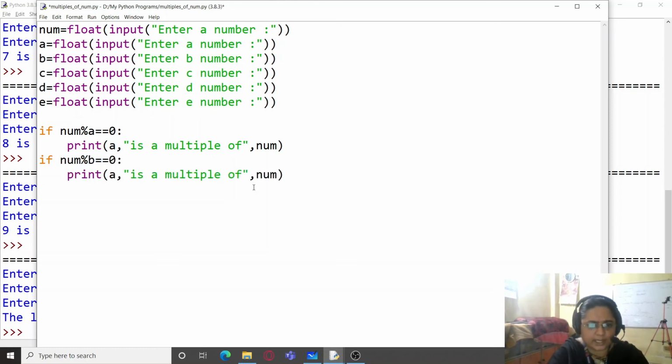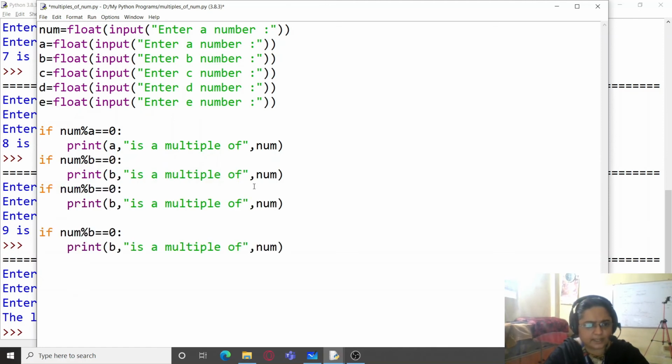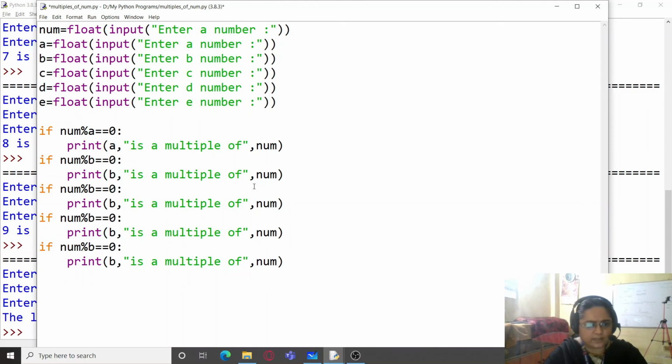Hence we have to write a simple if everywhere. So for multiple conditions, we will be writing simple if. So for that purpose only, I will copy this entire condition and paste it 5 times. And I will simply replace these alphabets here.